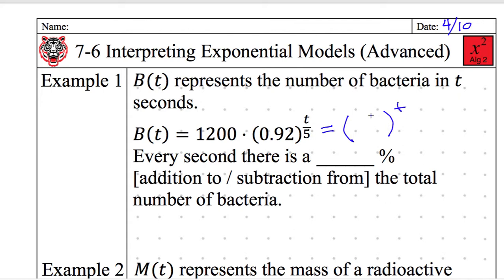Well, this t over 5 is really two things, right? This t over 5 is really 1/5 times t. There's a 1/5 and there is a t. We know from rules of exponents that we can separate those two. I can have one and then the other. So on the inside, I'm going to do 0.92 to the 1/5, and I'm running out of room, let me save some space, 0.92 to the 1/5